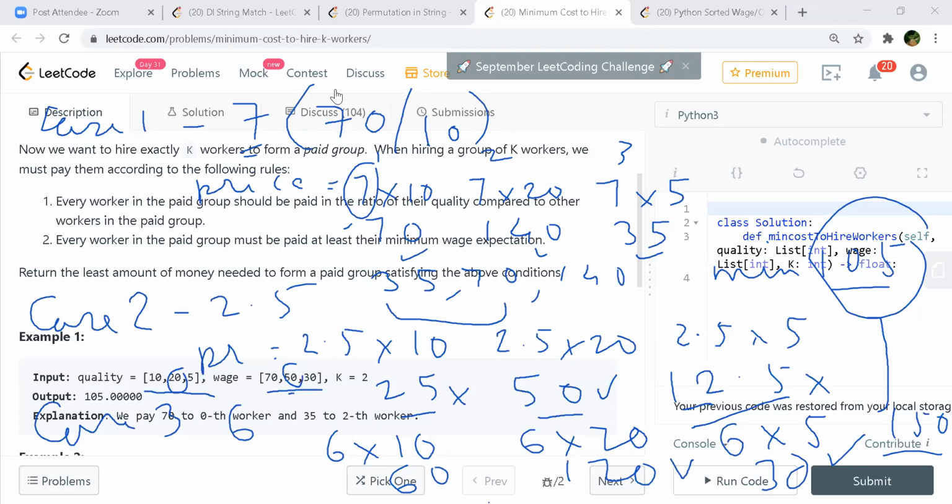Yeah, but this is not very straightforward. We could analyze it based on the solutions they are talking about, but if we just look at the wages and quality, it's not straightforward to come up with a solution, even with brute force. It's very tricky. We need to pick the minimum wages, but the quality has to be good too, so we have to pick the optimum of both. We should not pay more, so we have to pay something optimum. Therefore they are taking the ratio, and that makes more sense. Yeah, agree.